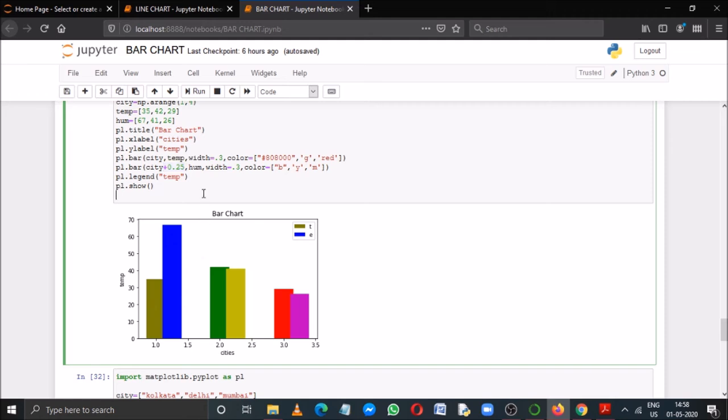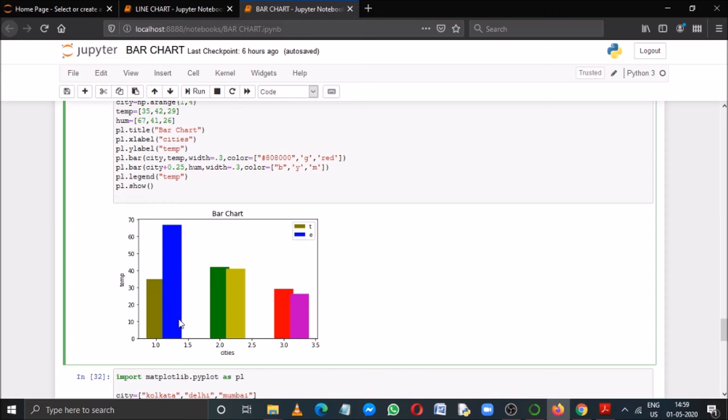That's why what I have done. For the previous bar, that means for that olive color bar, the city value is 1. But for this blue color bar, I have increased its value a little bit. That is 0.25. That's why this bar will be shifted 0.25 points. That means not only the first value, because city is a NumPy array, and if you add some value to a NumPy array, that particular value will be added to each individual element. You know that.